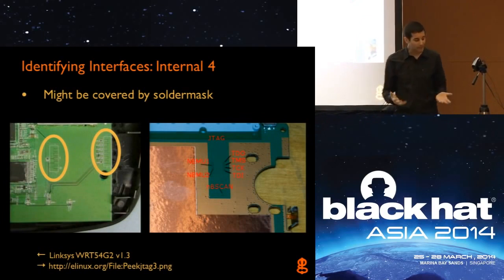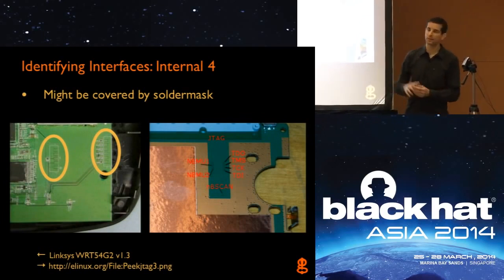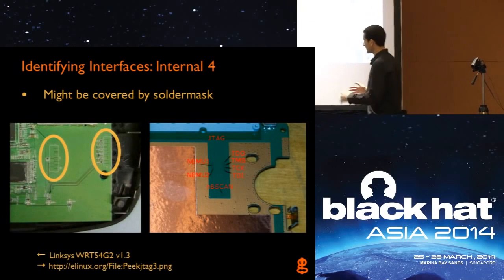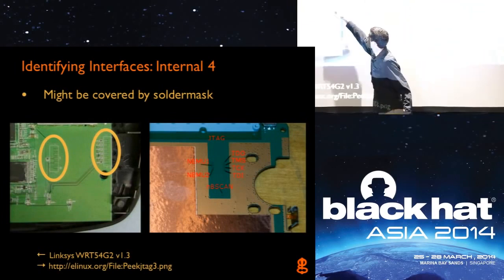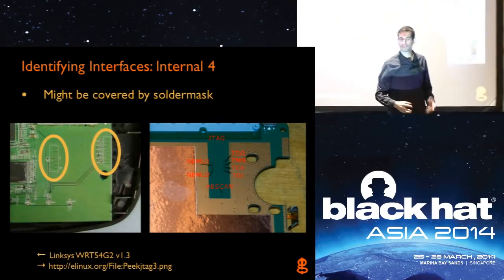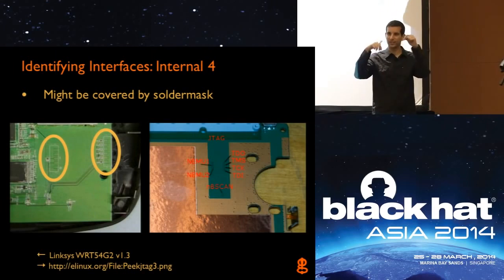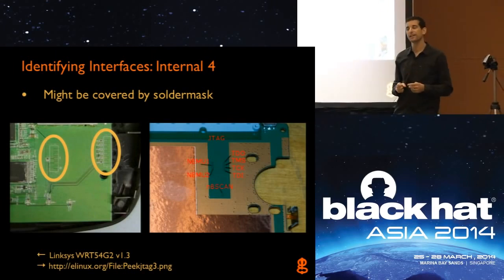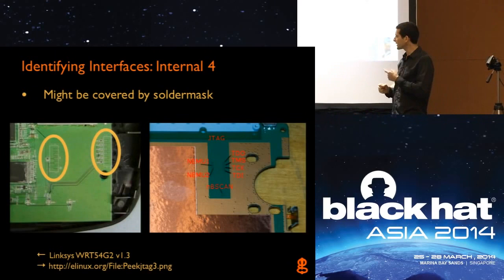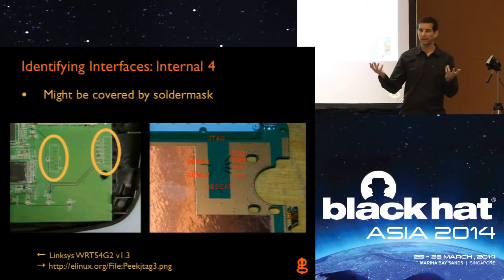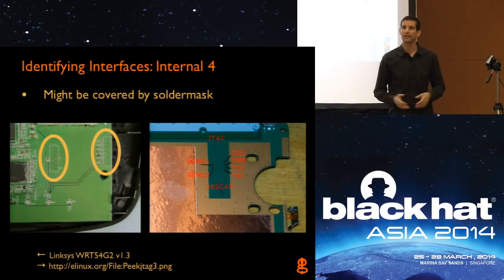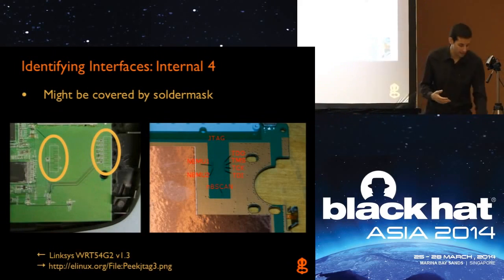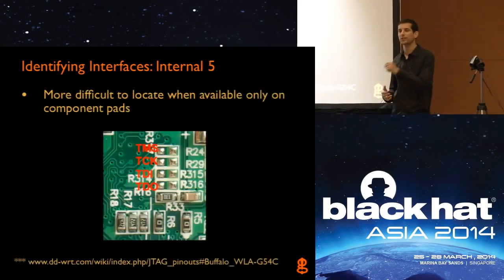So that gets a little bit harder, right? Because if they put solder mask over it, what if instead of having this very obvious connector-looking thing, they were just smaller points that maybe looked like vias, which are connections that go through the board? It might be really hard to figure out what's a legitimate test point for an interface versus what's just a normal connection on the board that we don't care about. So it gets a little bit harder, and you might have to then do additional reverse engineering to try to